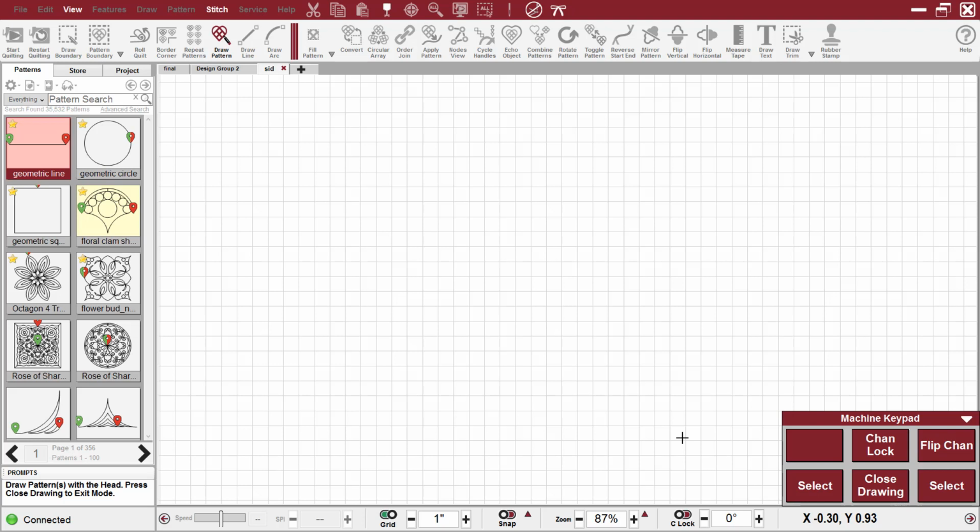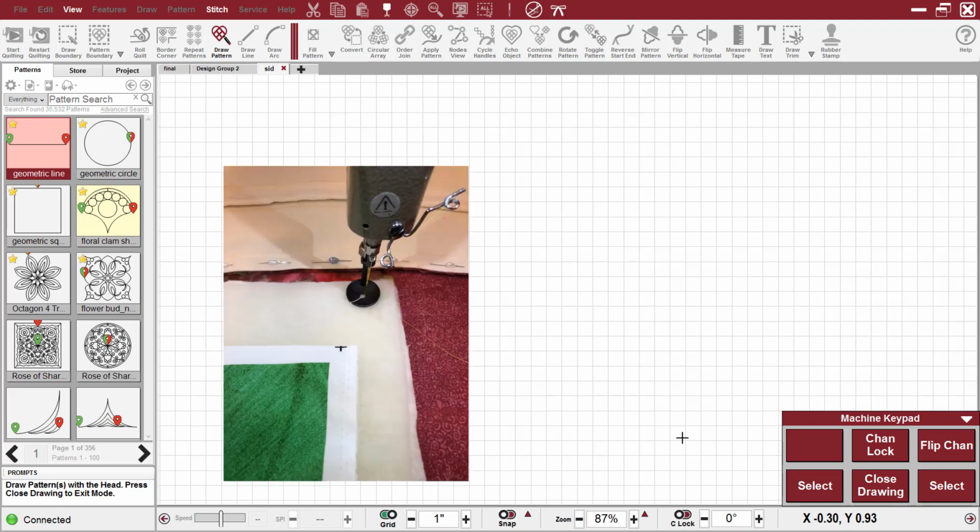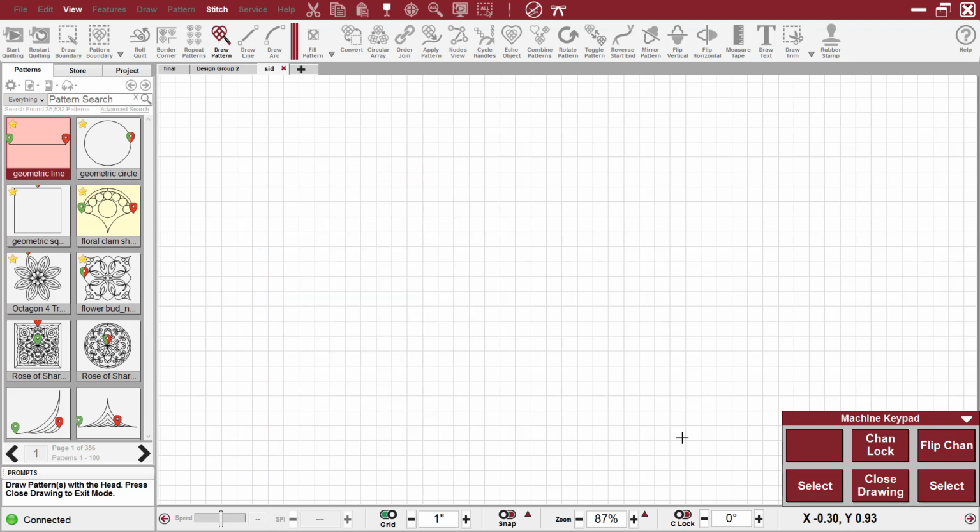I am using a double bat on this particular quilt, so what I'm going to do is click from right to left, and I have my spoon foot on so that it's easier for that to travel, and I'm going to quilt a line across the batting on this quilt so that I have a nice straight line, and I'm going to do that with my machine head. I'm engaging channel lock by hitting the center button of my keypad. It turns blue so you know that it is